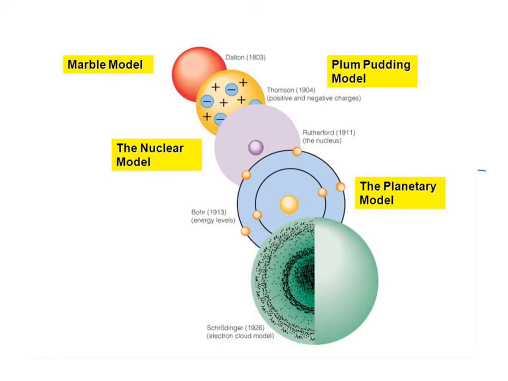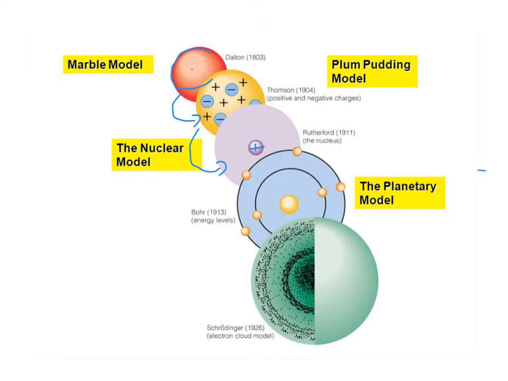So we start with this billiard ball model. Cathode rays led to the idea that these electrons could be broken off. So the atom went from being indivisible to divisible. We could actually divide it, and we had these negative charges. Then we did the gold foil experiment, and we found evidence that the nucleus was a space of dense positive charge. That led to this planetary model, or the Rutherford nuclear model, where we had a region of dense positive